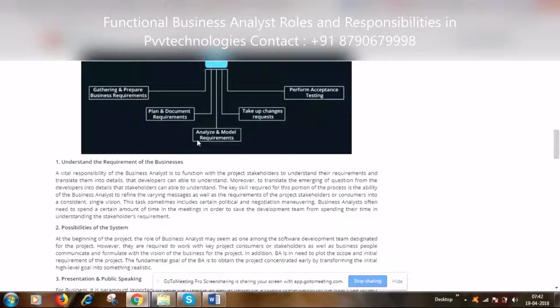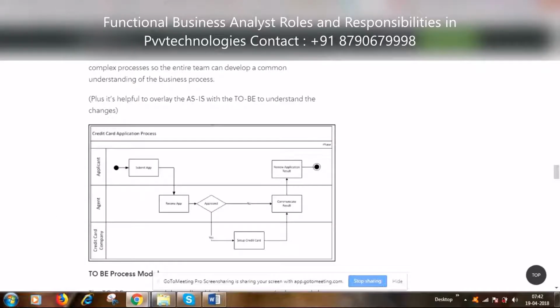Then analysis and model requirements. Analyze and model the requirements. So this is about how you are going to take up the requirements. While preparing the wireframe itself, how do I come to one particular solution?